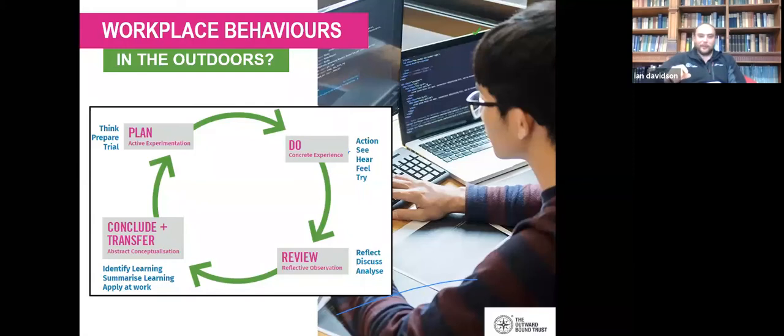Big fancy words, but it's about creating links to other stuff. So you're drawing conclusions and, in our context, starting to think about how you would apply this learning back in the workplace. That's the real critical conversation we're having during the program here, and the thing that enables you to translate experiences in the outdoors to be relevant to all manner of workplaces.